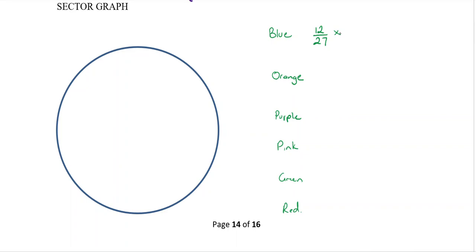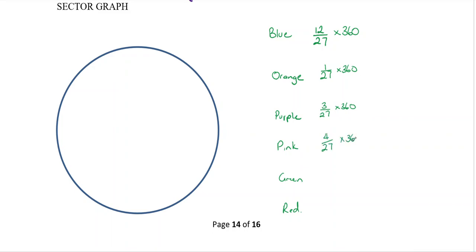360, excellent. And it's the same for the divided bar graph. You always start with the fraction and you times it by the length of your bar in that case, but it still starts with the fraction. But because there's 360 degrees around that circle, we're going to be timesing by 360 every time you do a sector graph. And each one of the rest of them, orange for example, it was one person out of 27 times the 360. Purple was 3 out of 27 times the 360. Pink.